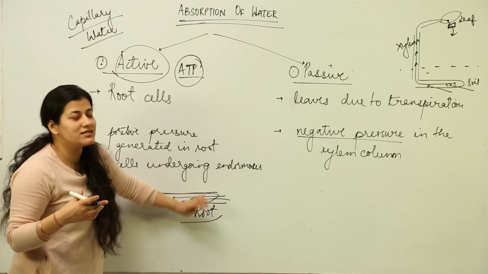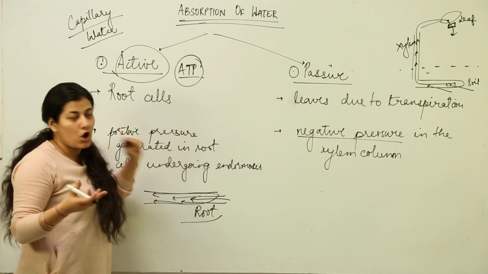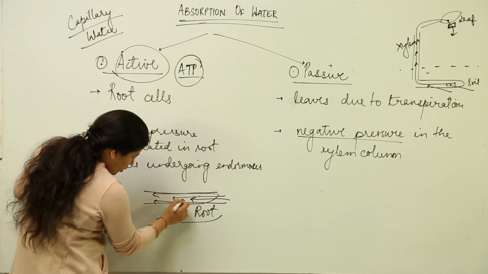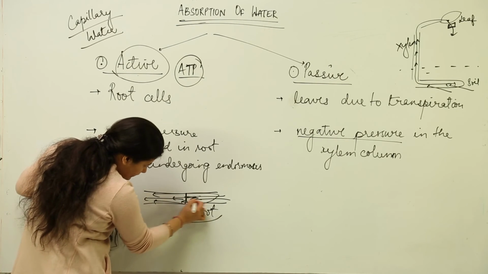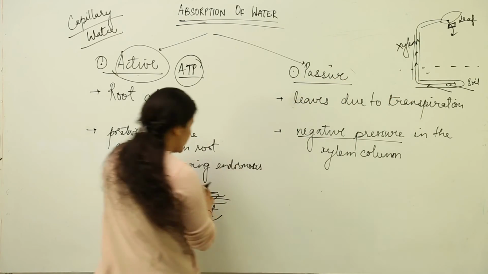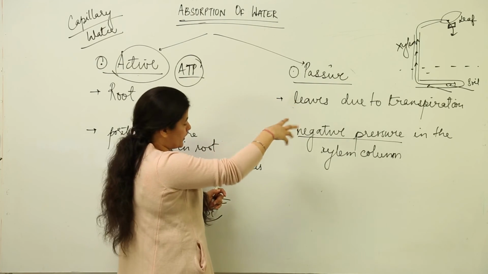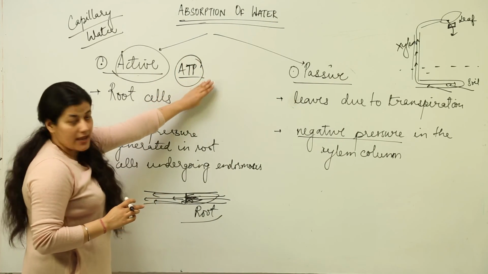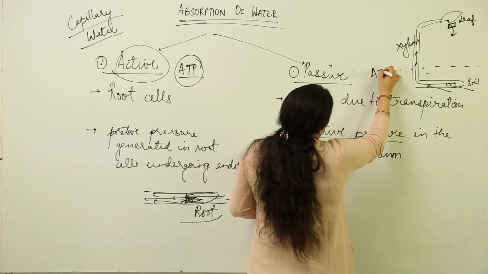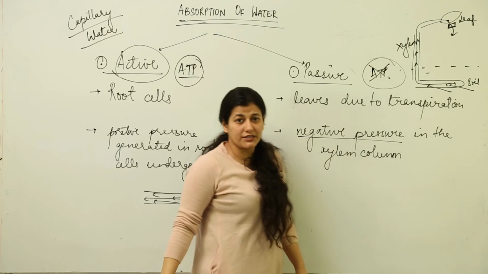This entry is energy mediated, that means it utilizes ATP according to the osmotic needs. The water enters and exerts a pressure on the column which is entering. So pressure is exerted from this side. Here the negative pressure is generated. Over here it is a pushing pressure. Over there it is a pulling pressure, that is why it is a negative pressure. In active absorption ATP is going to be used. Over here ATPs are not used because it is a negative pressure that is being generated.